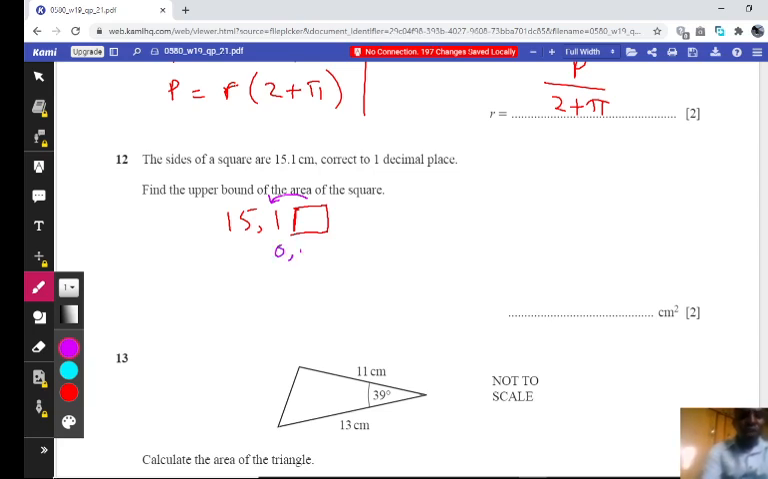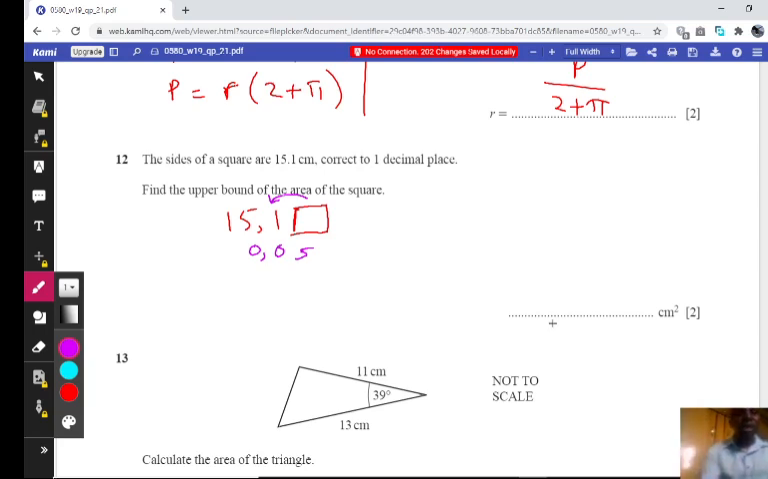You put a 5 here, and this one you put a 0, and you put a 0. You just deal with 0.05. You subtract 0.05 to get the lower limit, and you add 0.05 to get the upper limit or upper bound. So the two numbers in which the side of the square lies are supposed to be